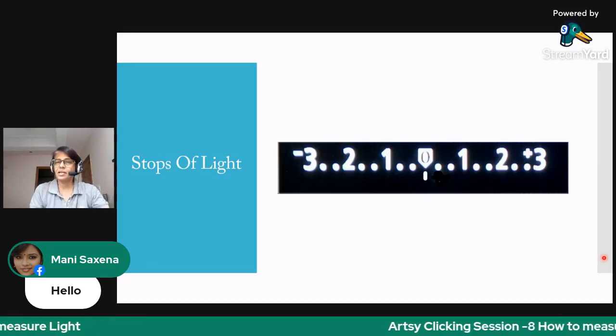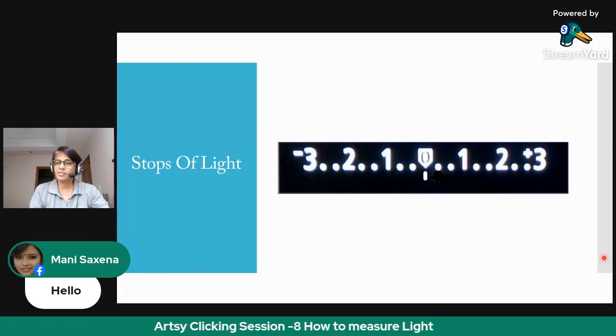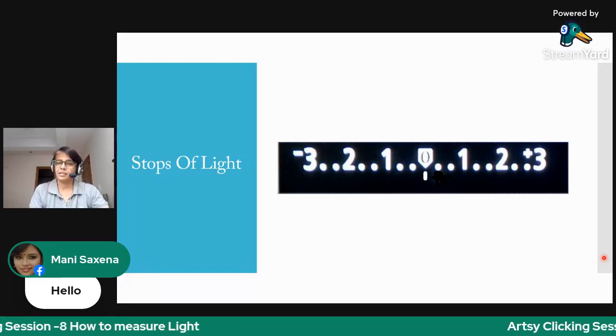So one can say 0 indicates that the camera is receiving the correct amount of light, and in most cases this is going to be 100% correct.